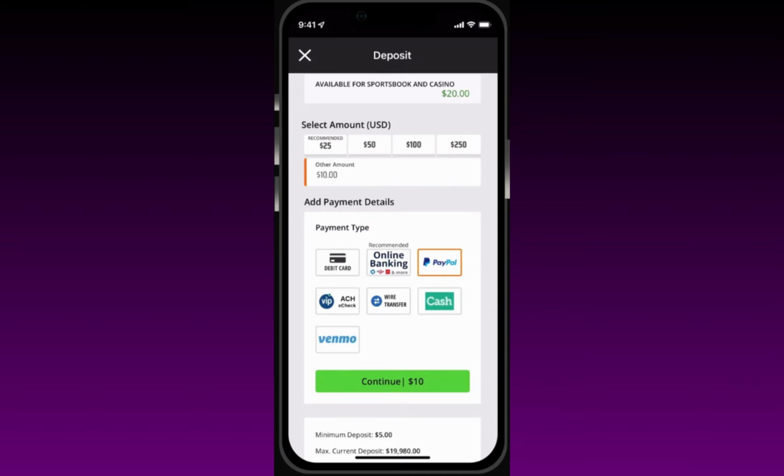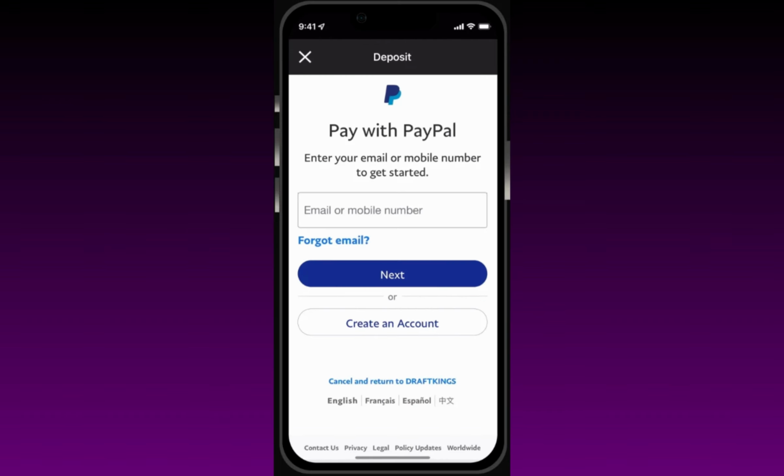Now, in the next step, you must enter an amount that you want to deposit from your payment method. Then in the payment type, you will find PayPal. Select PayPal and click on the continue button at the bottom side, and then you will be redirected to the PayPal